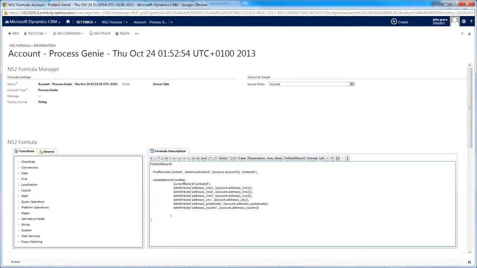So on the contact, set the address line 1 equal to the account address line 1, and we just do that for all of the attributes. So you can see there how super easy it is to now add in looping constructs into your formulas, into your custom workflow activities. And if you take this a little bit further, so if you need to,